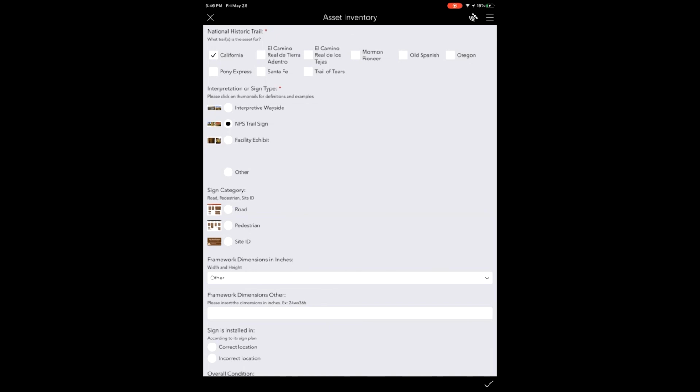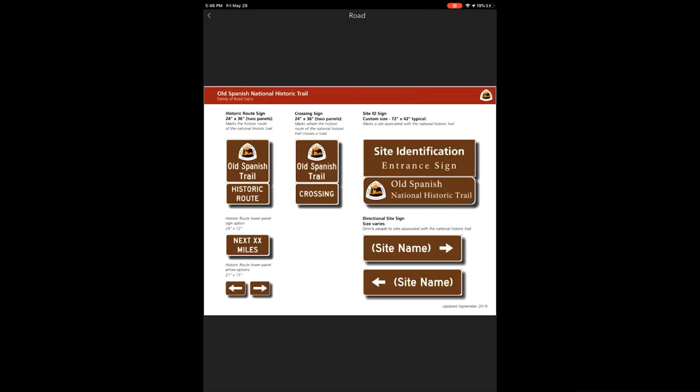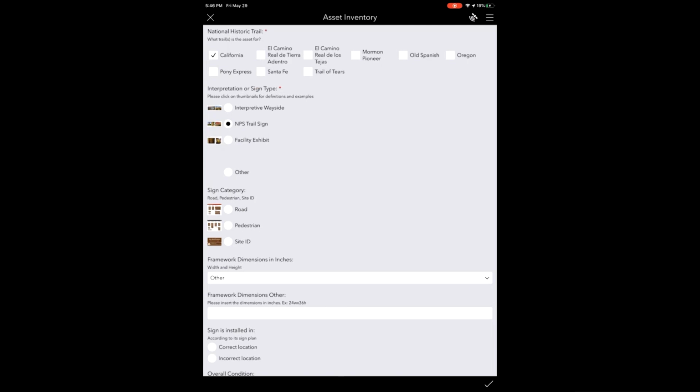So the first question after selecting the NPS trail sign is sign category. You can choose between road, pedestrian, or site ID. So again, this one provides thumbnail images to view the different sign category types. You can see the picture examples here. So after selecting the sign category type, which I will pick road,